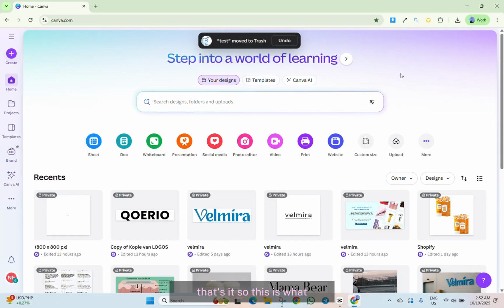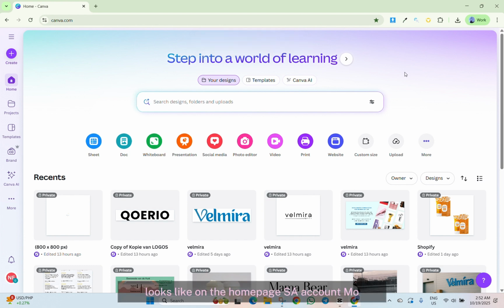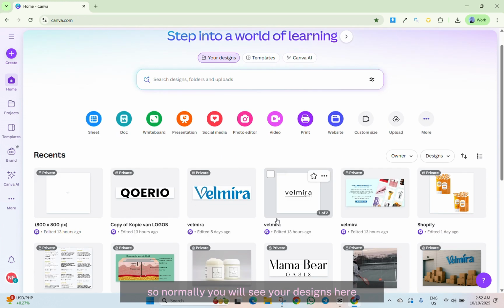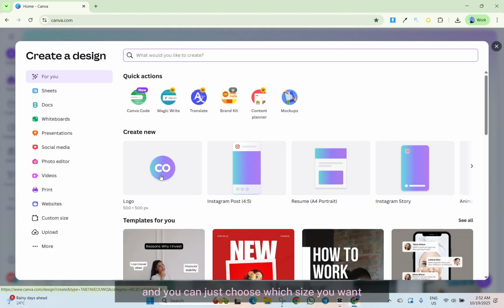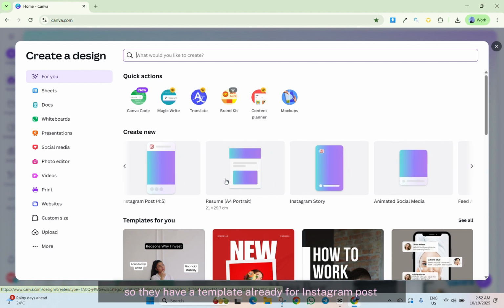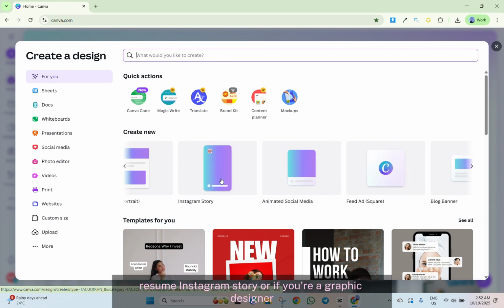Okay. So this is what Canva looks like on the homepage sa account mo. Normally you will see your designs here. And now I will show you how to navigate Canva. You can just choose which size you want. They have templates already for Instagram promos, resume, Instagram story.